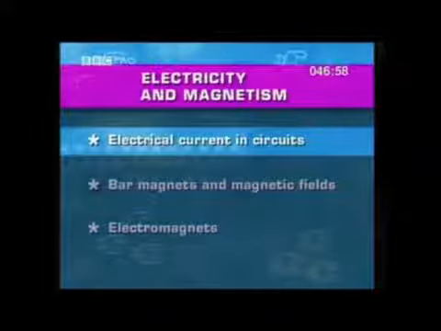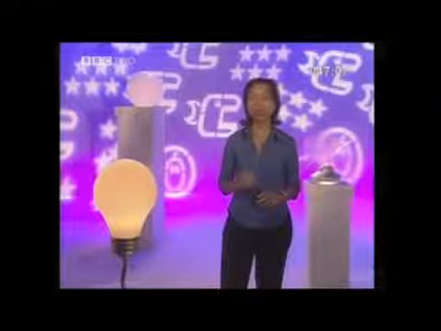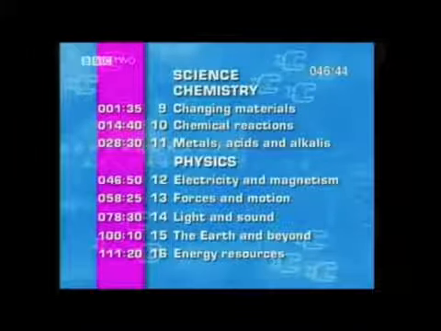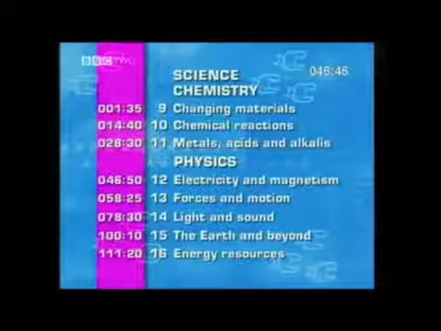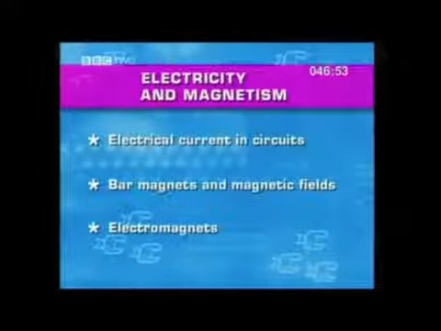We'll kick off with electricity and magnetism. For your test, you need to know about the different components that make up circuits. So we're going to run through a list of them. First of all, the wire, which we have seen is a metal. We are now moving on to the physics sections of science, which are split